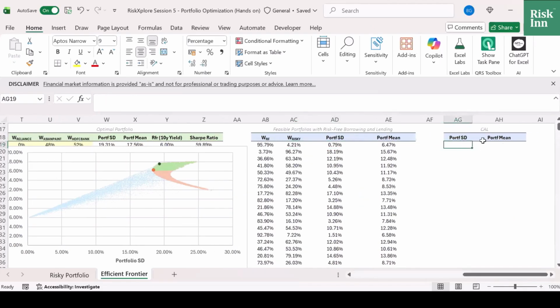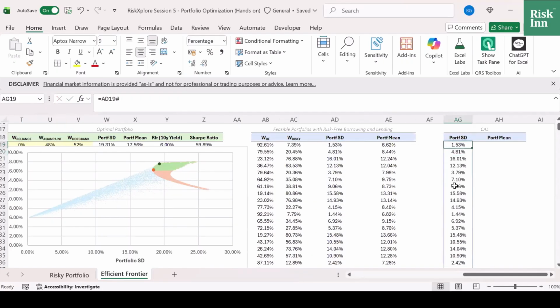So what we can do is find out a line and plot that here such that it is tangent to this optimal portfolio, which we can observe through the chart as well here. So let's plot that here. So what will be the SD of that line? It will be the same SD here. SD we will keep it same. Now to get the portfolio mean,